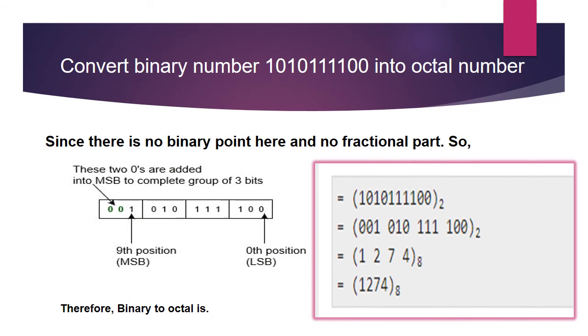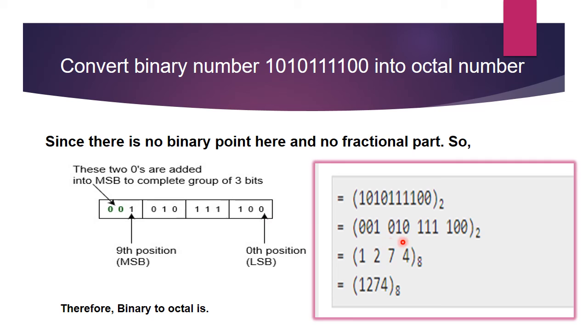So here I've given you another example of how to convert a quite big binary number. So 1 0 1 1 0 1 0 1 1 1 1 0 0. I've grouped this in groups of 3. So in the last we have 100, and then after that 111, and then 010, and then the last one is 1 left over here. Since only one number is left, I've added two more zeros over here. After adding these two zeros, it completes the group of 3 bits.